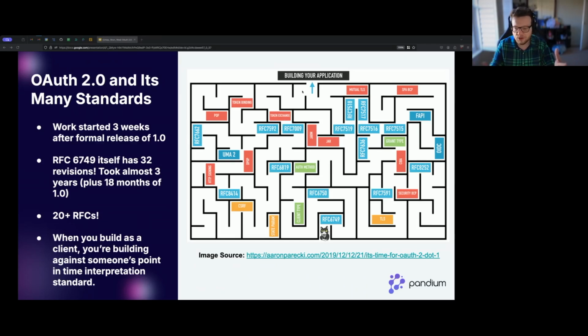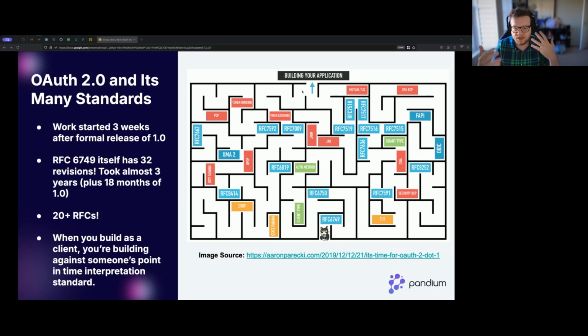Very few companies were able to get a 1.0 compliant implementation before 2.0 started. So what this caused was companies that wanted to move into this new, limited access world, instead of implementing what was already an outdated spec, OAuth 1.0, started implementing the revisions of OAuth 2.0. It took 3 years to get OAuth 2.0 formalized. OAuth 1 only took 18 months.